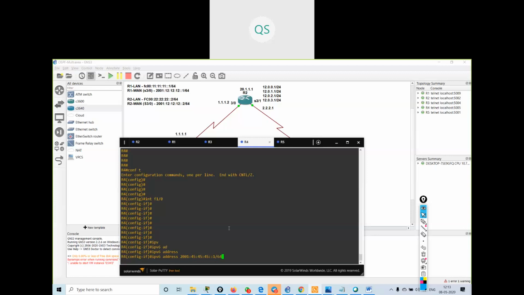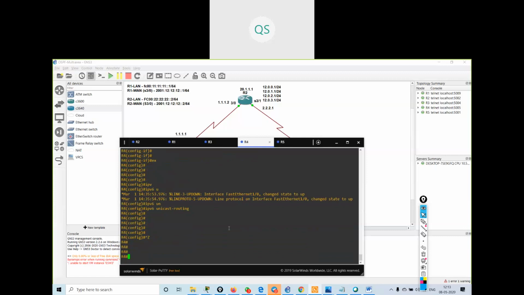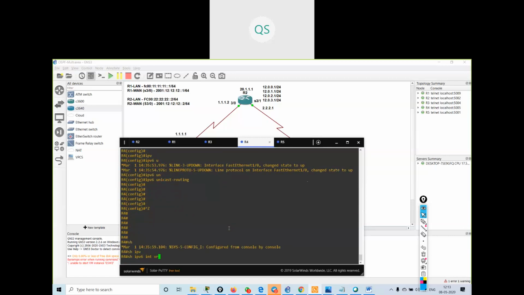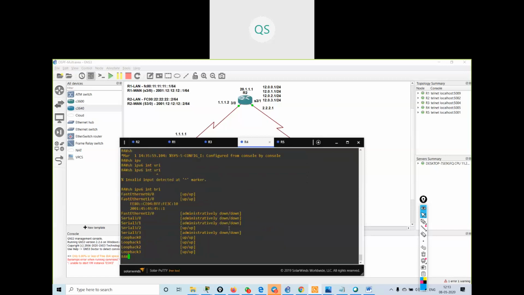Then I will say no shut. I will come outside and say IPv6 unicast routing. Now show IPv6 interface brief. I've got my IP address on FastEthernet 1/0 that is connected to router 5.